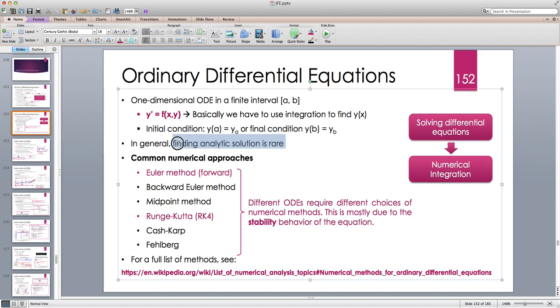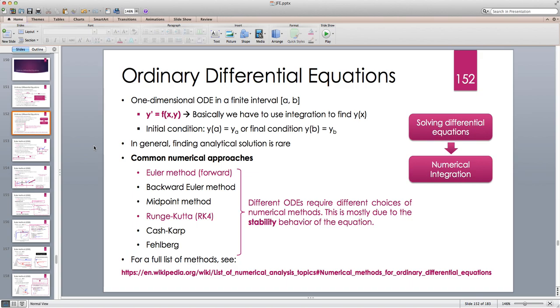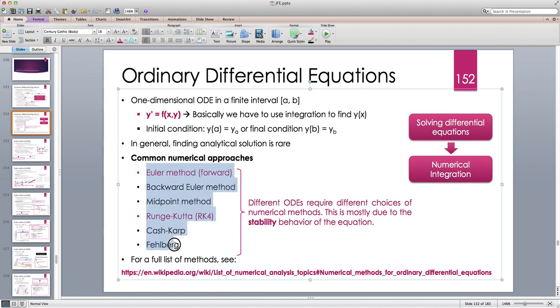And we already know that in general finding an analytical solution is rare. So we are resorting to numerical solutions. But we want to have a numerical solution with very good accuracy. That's the key point. And there are common numerical approaches, and it takes a long time if we want to discuss all of the methods. But here I have put some of them, and there are two most important ones, and basically all the other approaches can be somehow derived from the ideas of these two. So Euler method, which is sometimes called the forward Euler method, this is the most basic one